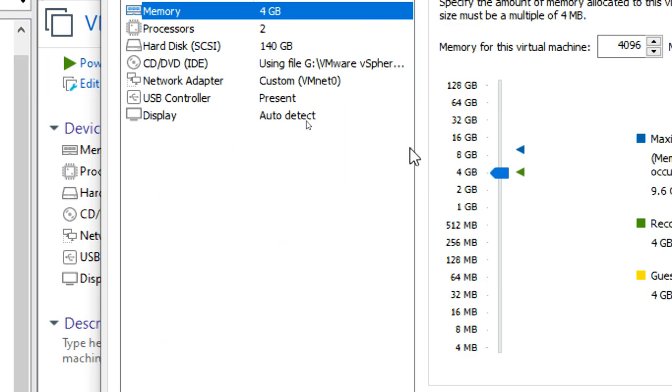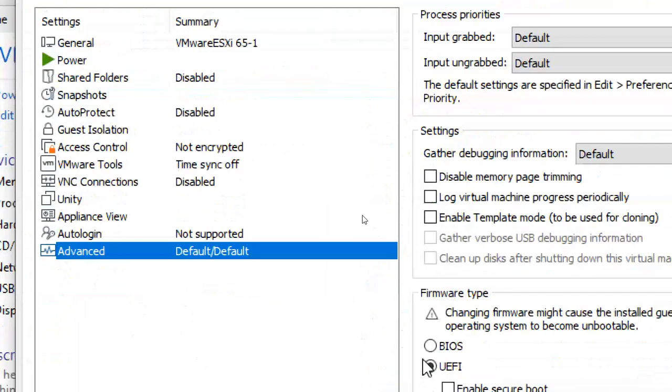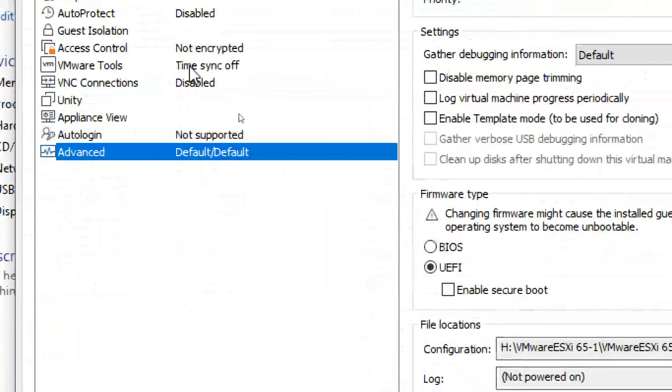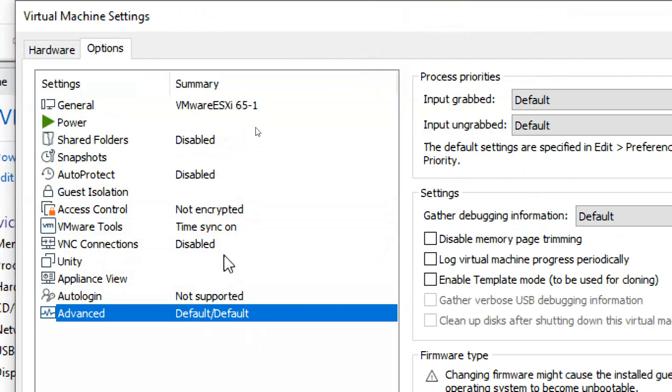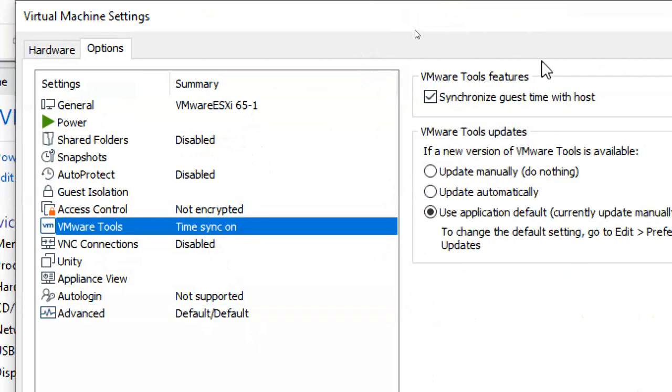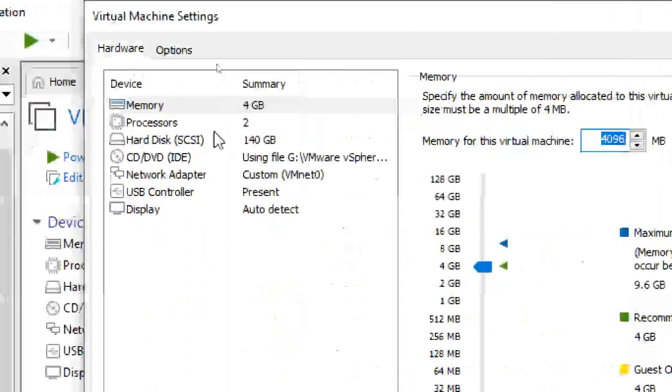Sometimes it installs very fast, sometimes very slow. Edit virtual machine options, advanced. Make sure UEFI is selected. If it is BIOS, also no problem, but it's supported by UEFI features. Synchronize guest time, check mark.